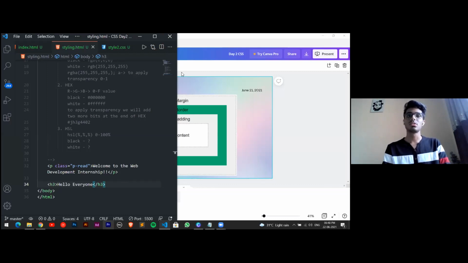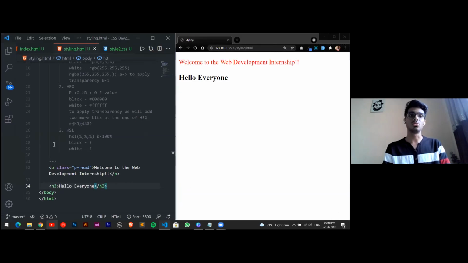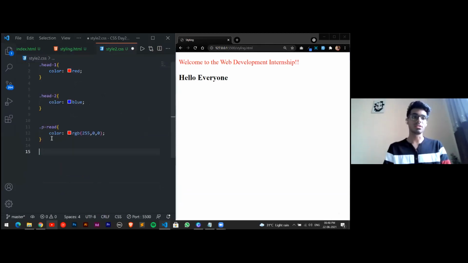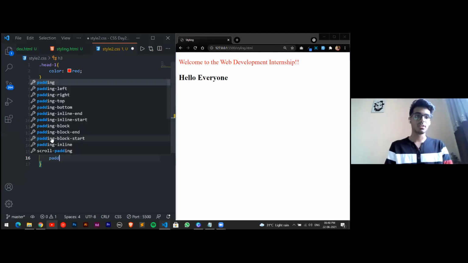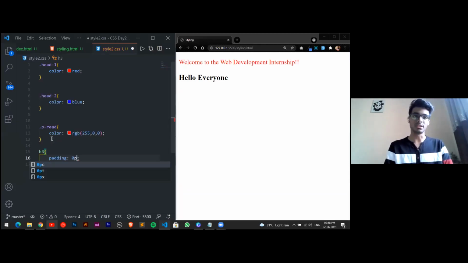Okay, so there's a padding over here, right? If I just go into our style2.css, go to the element, select again, we are selecting h3 as our element, going into that, selecting our selector, and we need 0 margin and 0 padding. So just go into the selector, write the property as padding, and we'll make it 0 pixel.